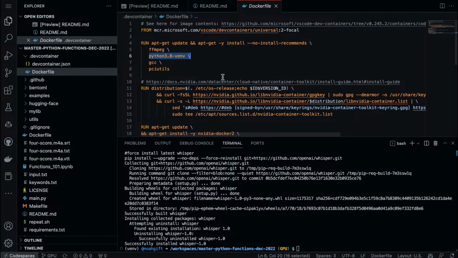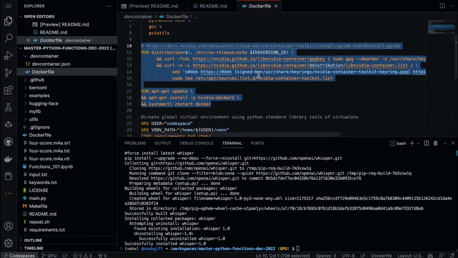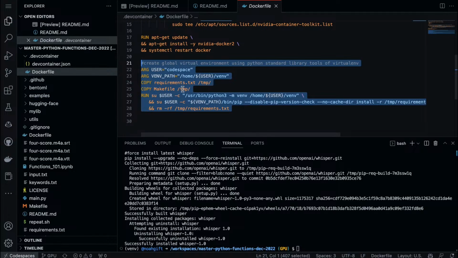I put a couple other utilities here. All this does is enable the NVIDIA GPUs inside of Docker, and then I create a Python virtual environment and copy it in there, right? So this is completely reproducible. I do not need anything else from any other vendor at all. That's it. These are the standard tools of Python.